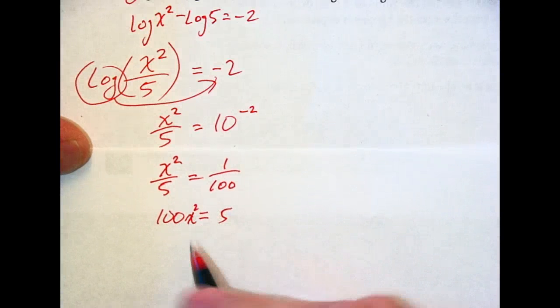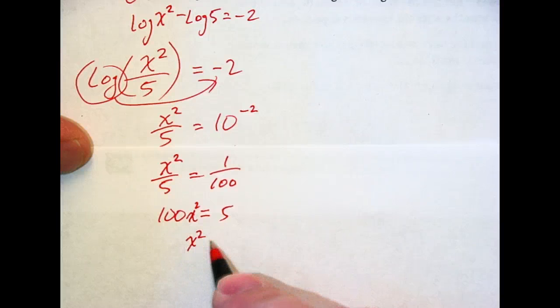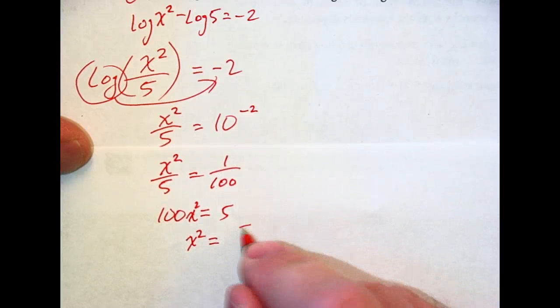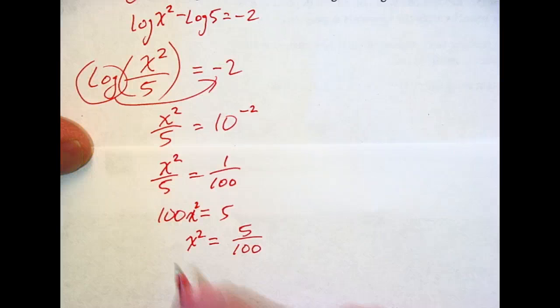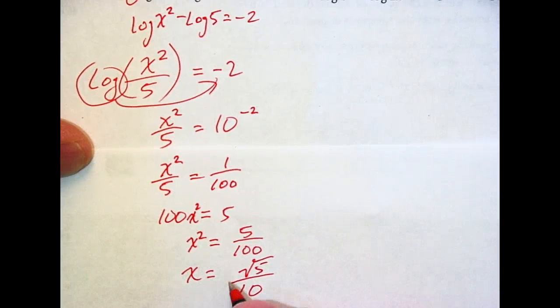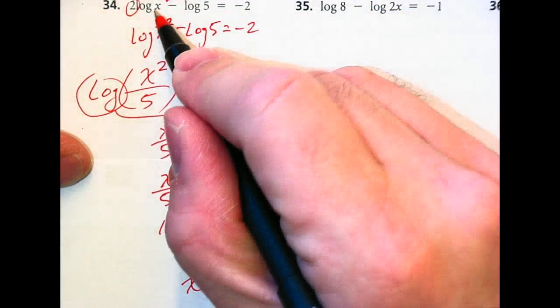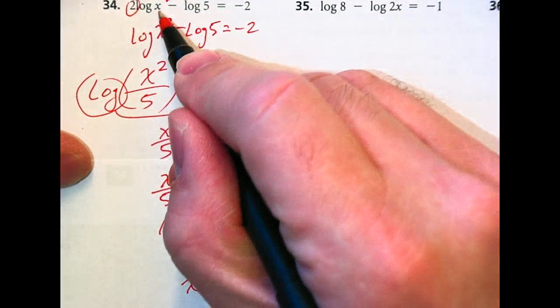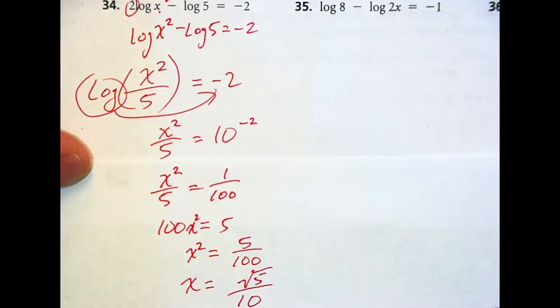Divide by 100, 5 100ths. Then take the root. X is equal to root 5 over 10. And we don't have to worry about the negative root, right? It would usually be plus minus, so we can't have a negative because you can't take the log of a negative. So if we put that in for x there, it wouldn't work out. So we were rounding to the nearest hundredth,